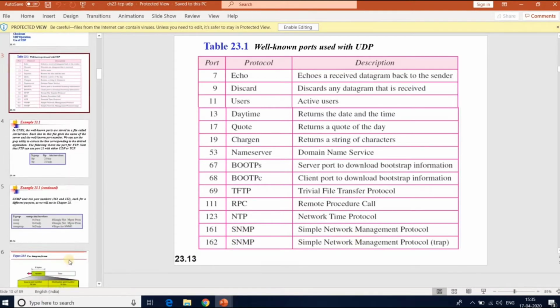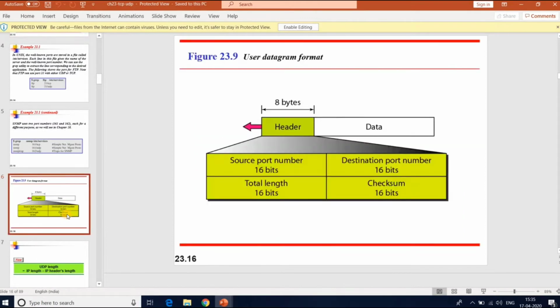So coming to the user datagram format. In the UDP header, we have the source port number, destination port number, total length, and checksum. The source port number is used by the process running on the source host.